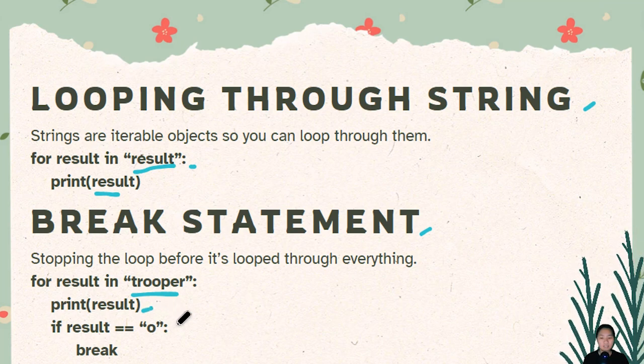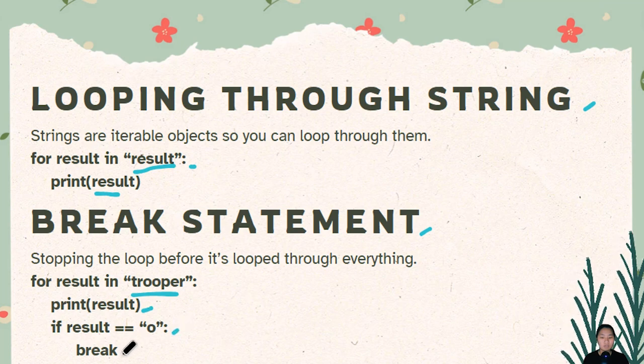and then we go down here. If result equals to O, break. So we're printing TRO, first instance of O, we stop. Therefore, we only have TRO, okay? Next up,